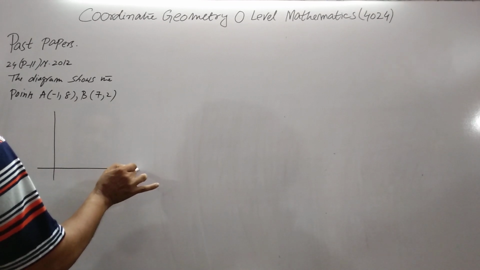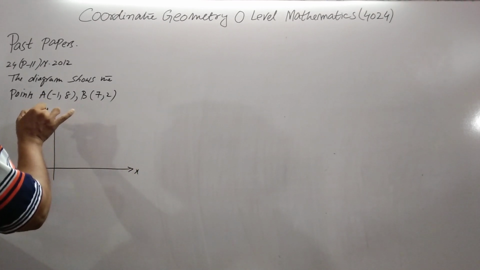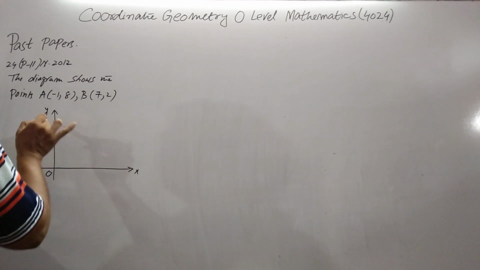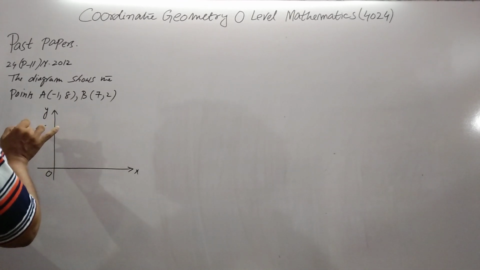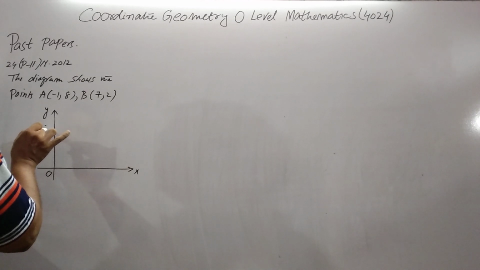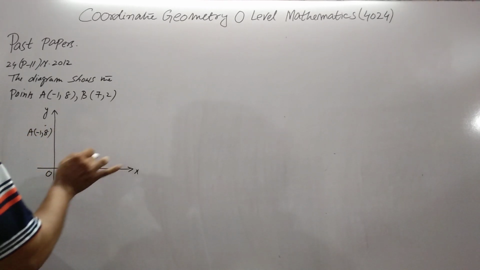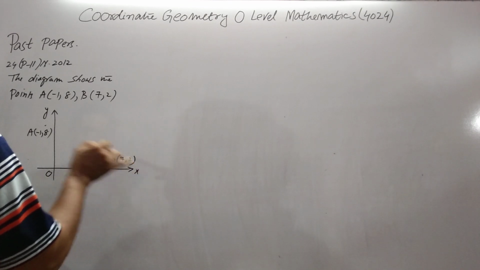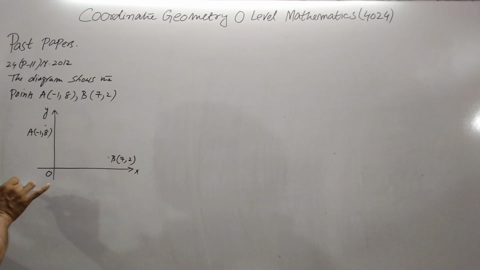This is the x-axis, this is the y-axis, this is the origin. This point is given A (-1, 8). This point is given B (7, 2). Part A is